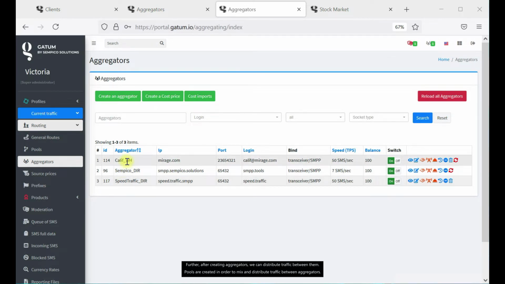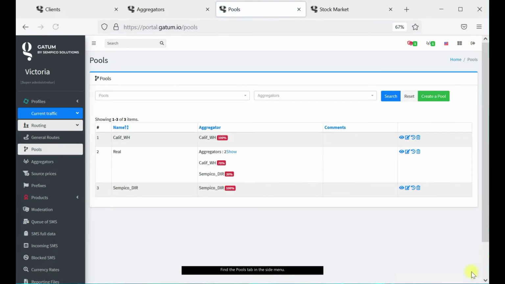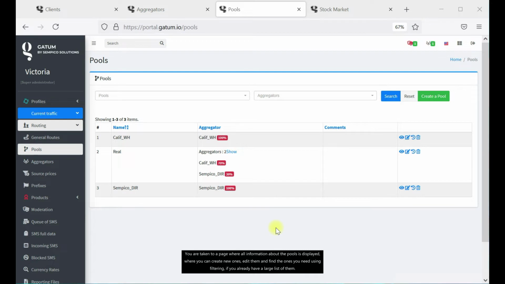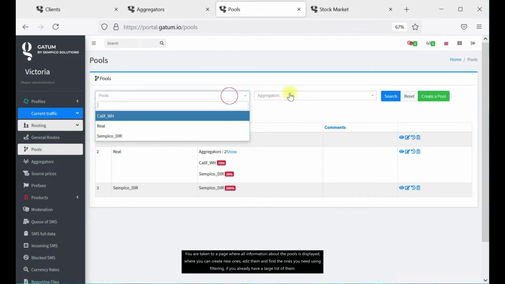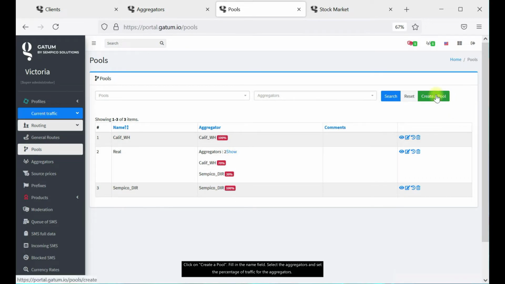Further, after creating the aggregators, we can distribute traffic between them. Pools are created in order to mix and distribute traffic between aggregators. But even if you don't want to mix, then the pool must be created for this aggregator in order to direct traffic to it. Find the Pools tab in the side menu. You are taken to a page where all information about the pools is displayed, where you can create a new one and find the ones you need using filtering. If you already have a large list of them, click on Create a Pool,